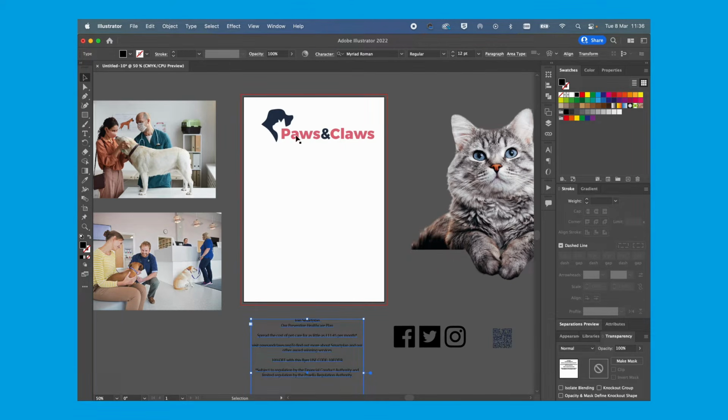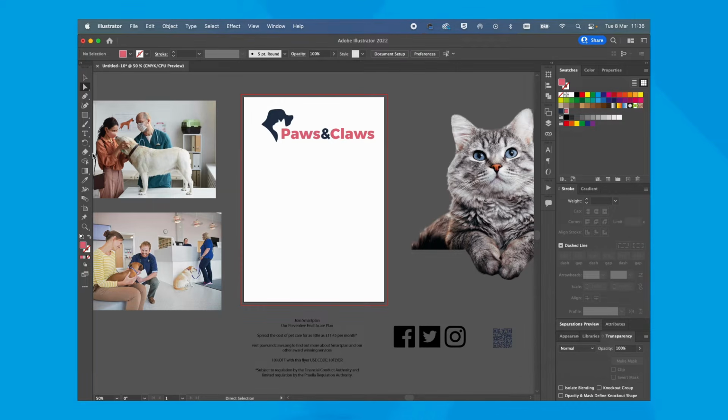So I'm going to use the pink and the blue from the logo, and actually I'm going to add those to my swatches here. So if I get my direct selection tool and select the different parts of the logo, I can literally just drag the colours down into my swatches here. And for this text, I'm just going to have to select a piece of that pink text to bring the colour up, and I'm going to drag that down as well.